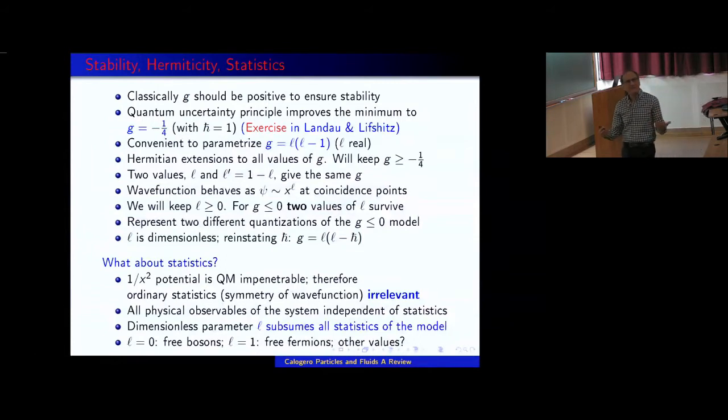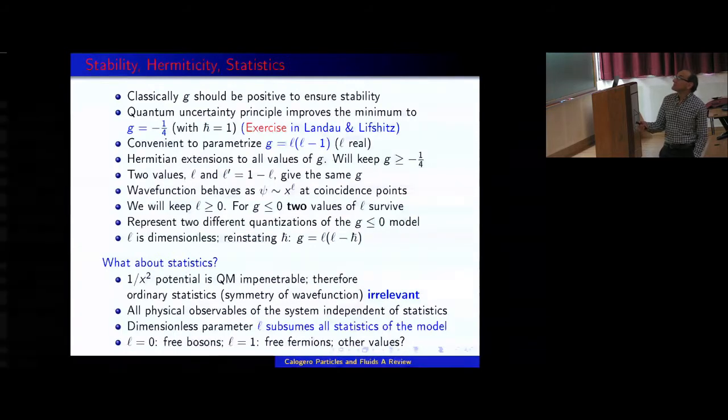We see something similar when we solved the problem of particles in a central potential and we examined the behavior of the wave function at the origin. There we have two types of Bessel function and we keep one for normalization. Similarly here, it's just that when the interaction is positive, then one of these L's will be positive, the other one will be negative, and we only keep the positive one.